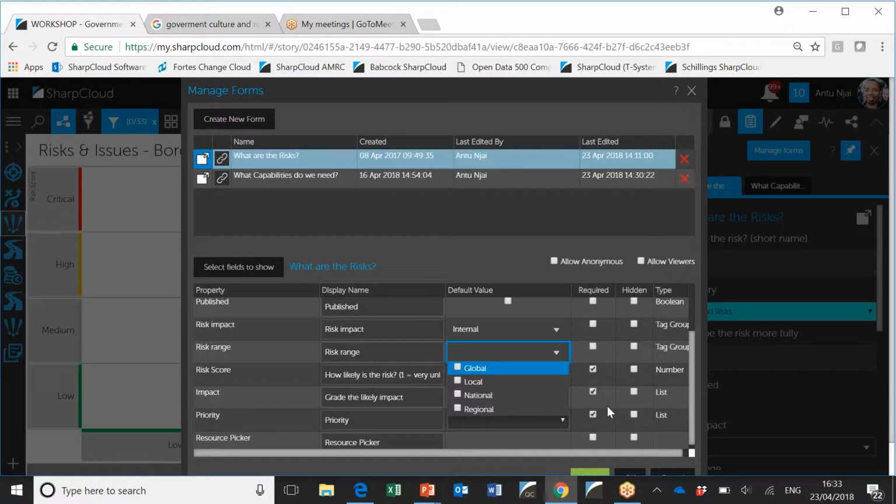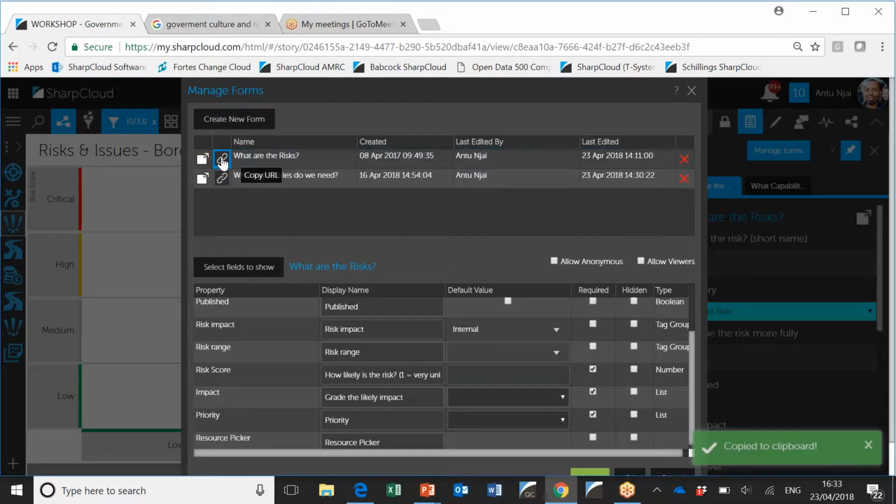So now we've sort of defined the form. If I click OK to save it, that will then be updated in the story. But before I do, notice here that you can capture the URL from the story name up here. So if I click on copy story URL, it will mention that it's copied the URL to the clipboard, and I could then send that to anyone who I wanted to be able to use this form.